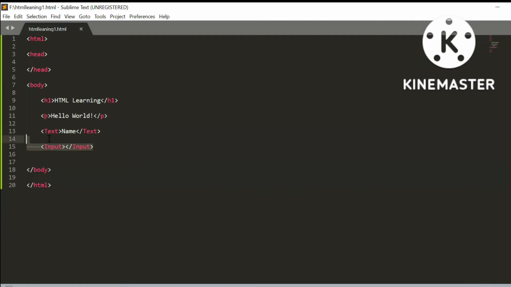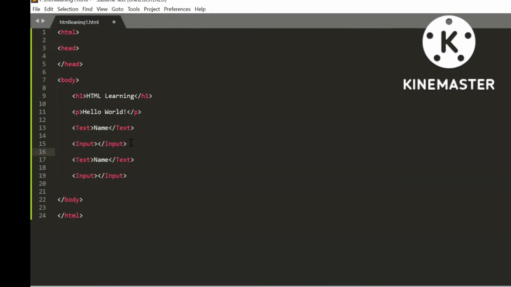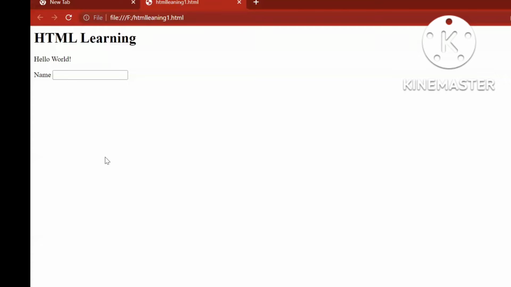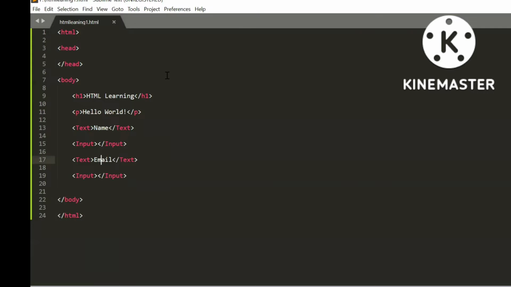If you wanted to give the same thing, copy it and paste it down there. You can give it a name, you can give it an email now, and save it and refresh it. See, name, email came here. If you wanted to give one more input